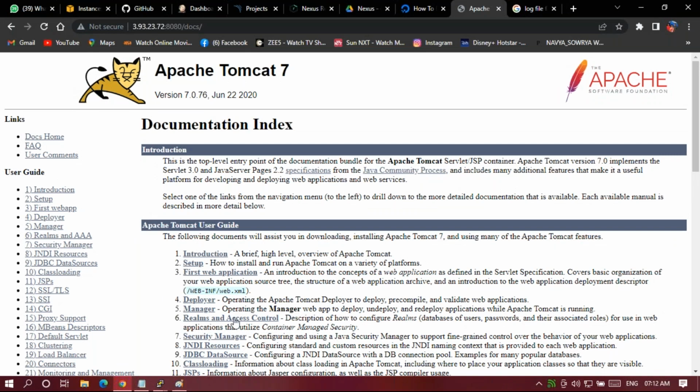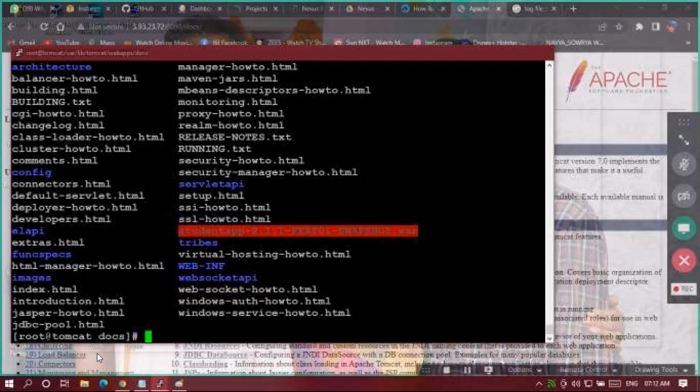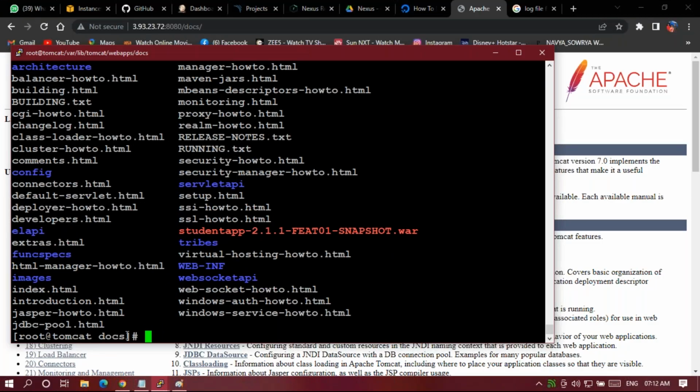Does anyone have an idea about Tomcat? So generally I used to place it in the web apps folder only, but it seems the configuration has changed now. Okay, so